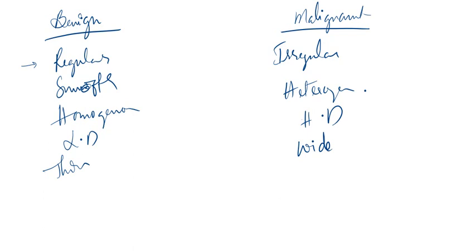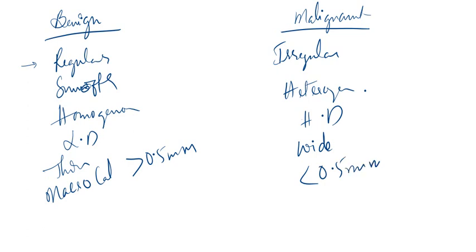Halo means empty appearance. Malignant has a wide halo, a wide empty appearance. Benign shows macro calcifications, measuring more than 0.5 mm, whereas malignant shows micro calcifications measuring less than 0.5 mm. Now benign, it is associated